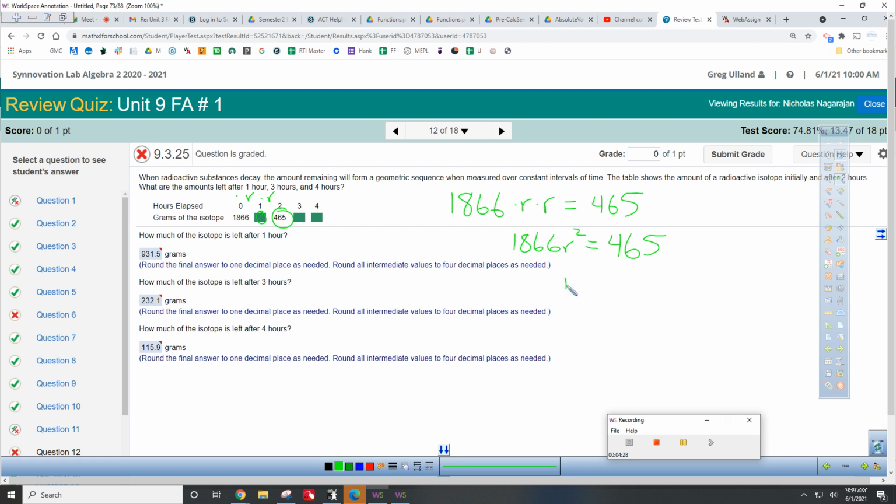And you get R squared is 0.249196. So take the square root of both sides, and you get R is